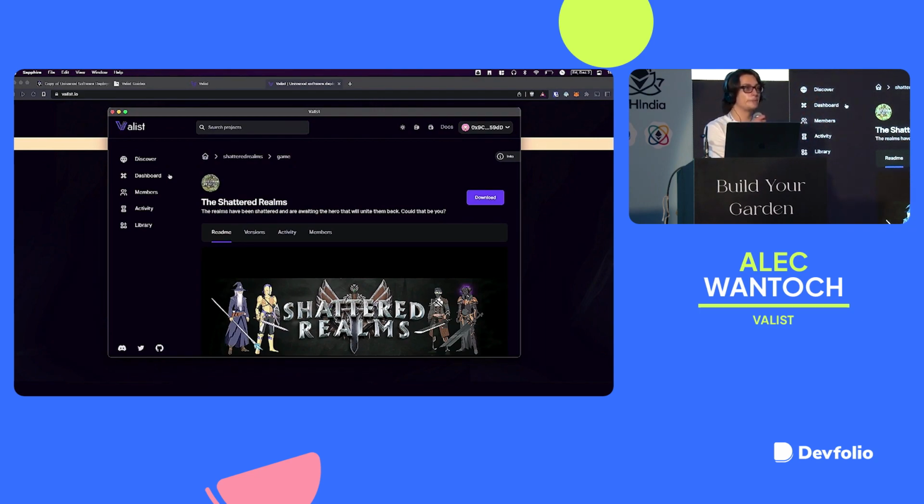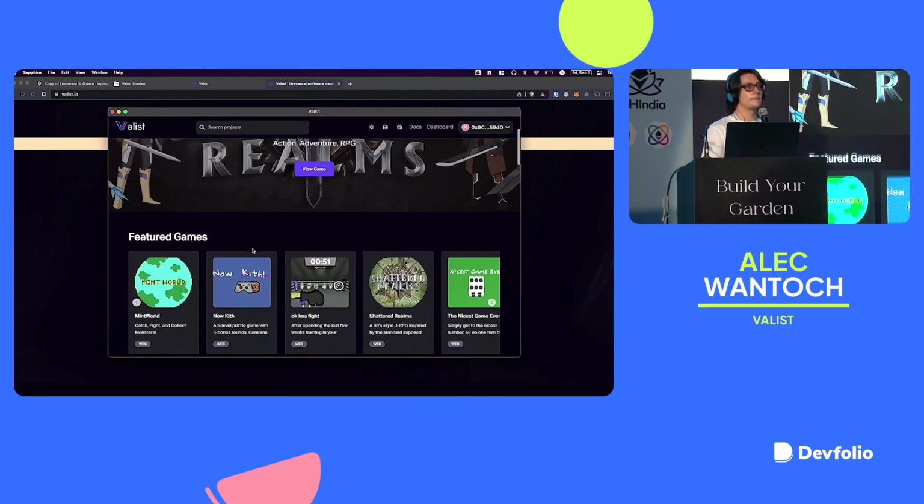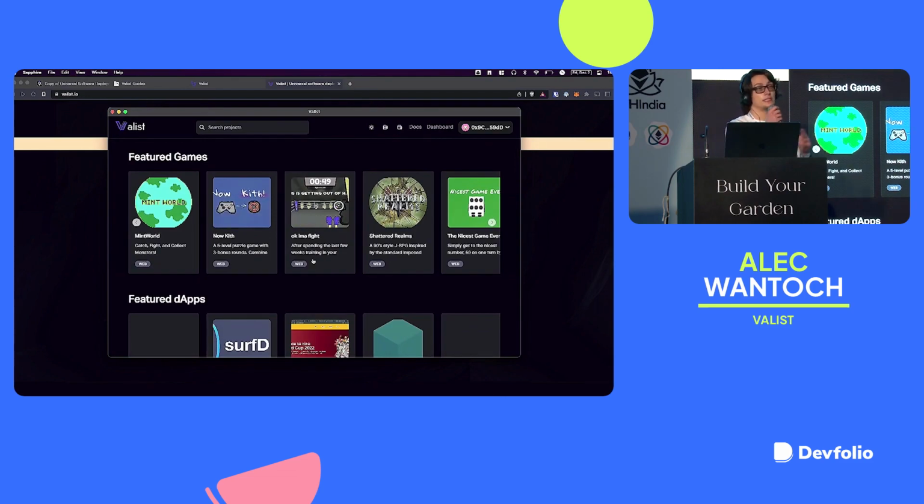So basically, yeah, it goes live. If I'm playing a game, it just goes along with it. There's no interruption and nothing else. Exactly. And if you're building a dApp, then this is a way to install your dApp locally so that you can access it without having to rely on another endpoint in the future.